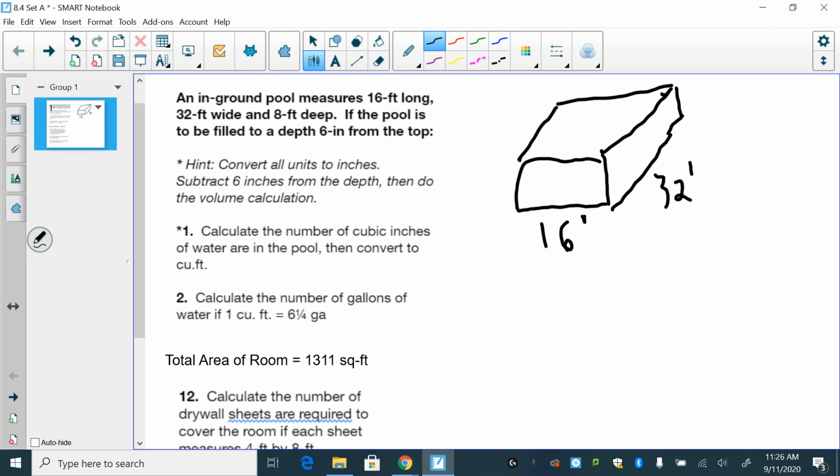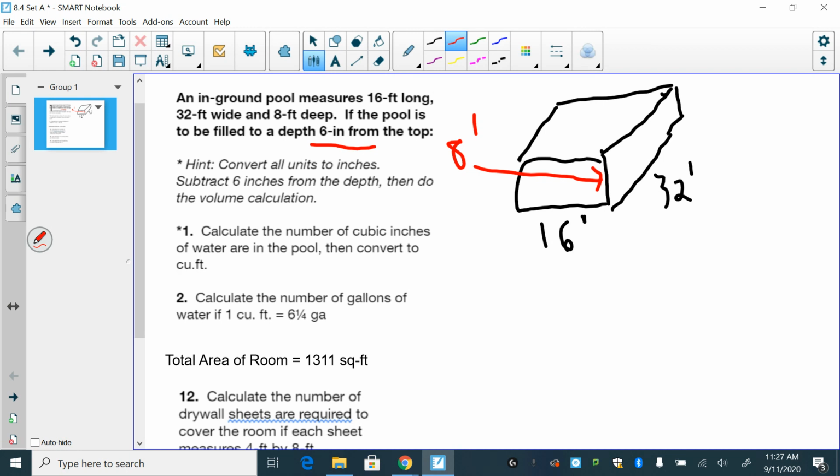And it doesn't really matter if you drew it a little bit differently. The big one is the 8 feet deep. So that's the height. So the 8 feet deep would be this part right here. So if you have the 16 and 32 reversed, it doesn't matter. But the key is that we're not filling it right to the top. We're going to be filled to a depth of 6 inches from the top, because otherwise water will spill